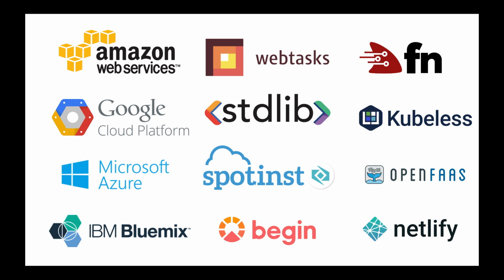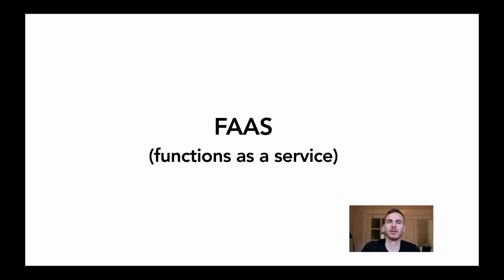So as you can see here, there are a huge number of players in the space. AWS, one of the biggest, Google Cloud, Microsoft Azure, IBM, there are a ton out there. Basically different places where you can actually run your serverless functions, and they will handle a lot of those pieces of complexity for you. So all of those different cloud providers that we just saw, they offer what's called a FaaS, or Functions as a Service. So they're going to run your code on demand when you call it. Let's take a look at some of the characteristics of that right now.